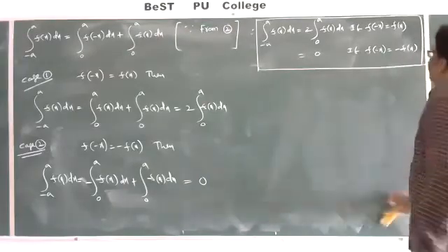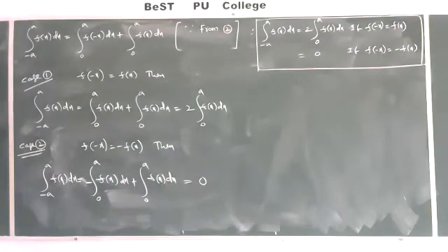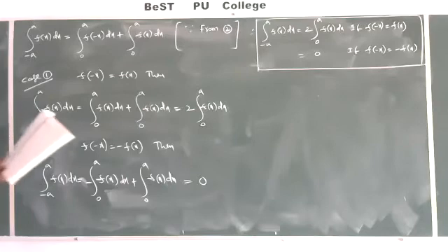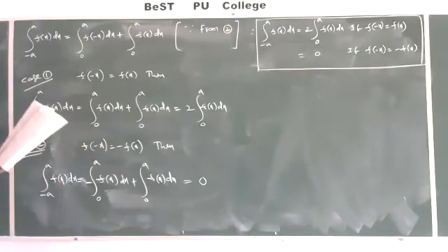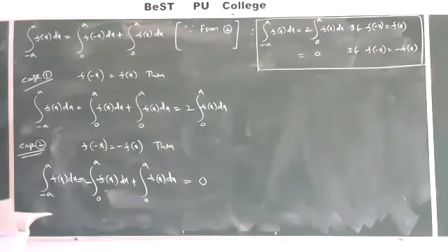That completes the properties. So what I am telling you: the integral from 0 to a to b of f of x dx, that is the third property, fourth property, fifth property, and sixth property. These four properties are very, very important from the examination point of view. By using these properties, we discuss the next exercise, exercise 7.11.